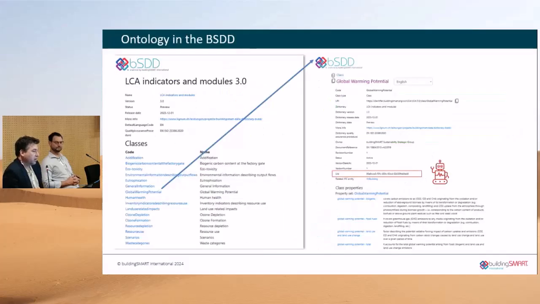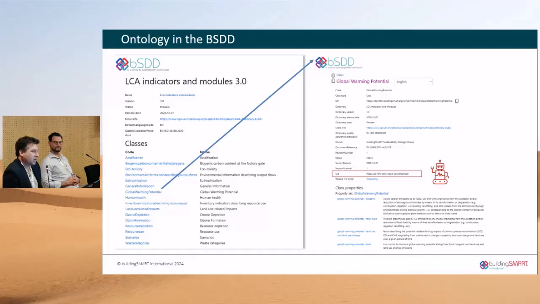So an early example of this was the ISO 22057, which made a list of properties. The standard issued a list of the properties mentioned in the standard, published it in an Excel file with GUIDs. And we helped to integrate this in the BSDD.